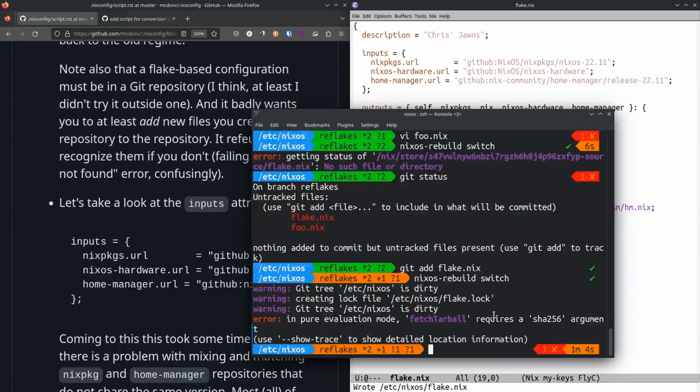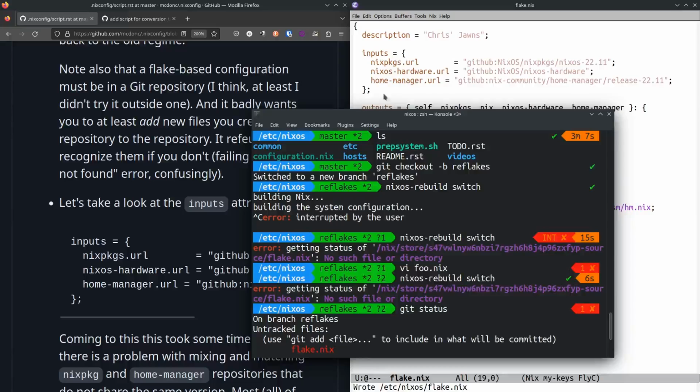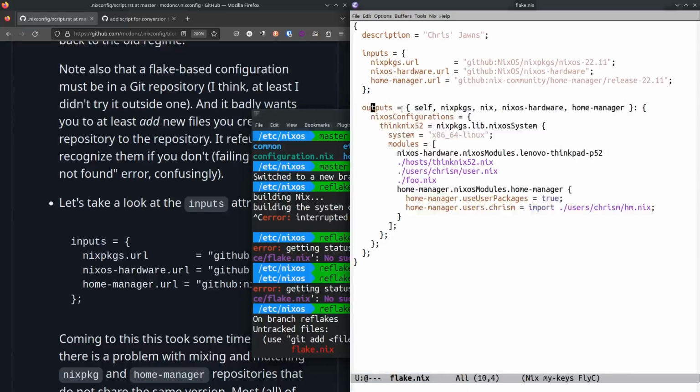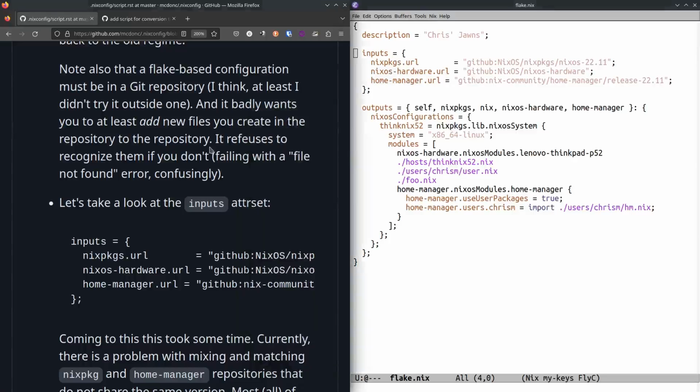Okay, well, it failed with a different error, which is that we can't use this fetchTarball command inside of a flake-based Nix configuration. So we haven't really talked about what this thing is yet. I'm going to do that right now. Let's talk about the inputs here. So this is the flake.nix file that I just put in here, and it is